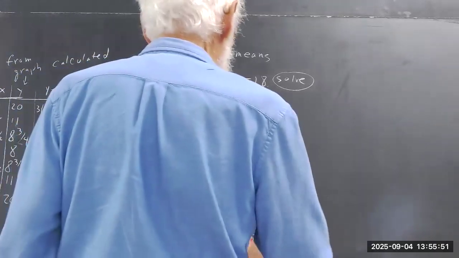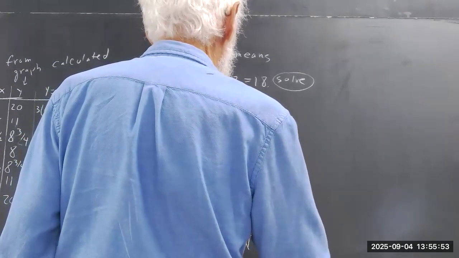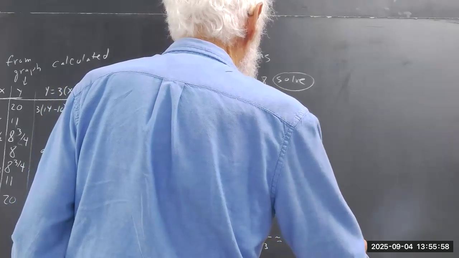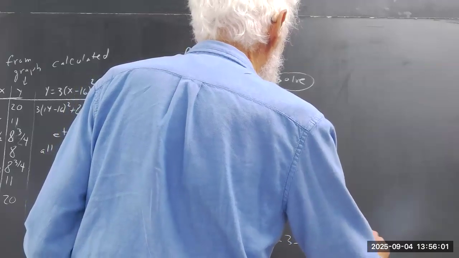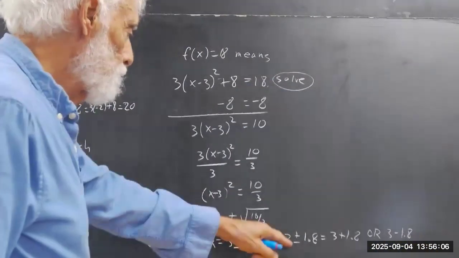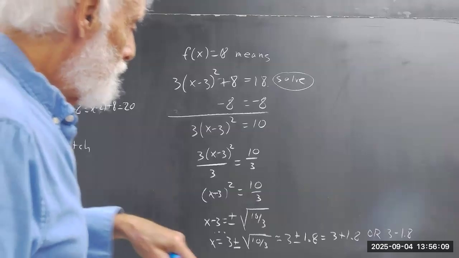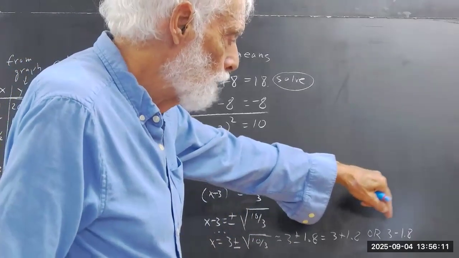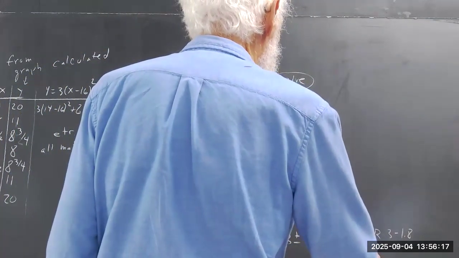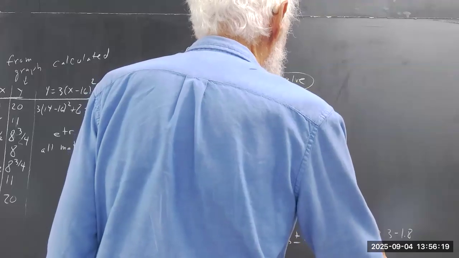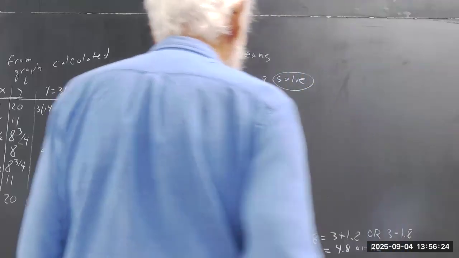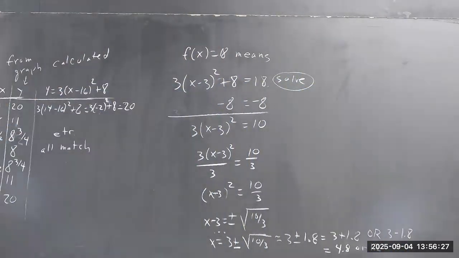So that's approximately equal to 3 plus or minus 1.8, which is equal to 3 plus 1.8 or 3 minus 1.8, which is equal to 4.8 or 1.2. If you look at the graph,